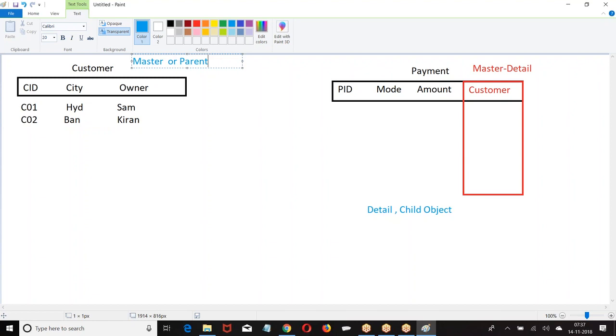Master detail field is a required field. You cannot create a child without a value in the master detail field. The object in which you have created a master detail field is called the detail object or a child object. The object to whose data the master detail field is referring is called the master object or a parent object. I hope you are good with this. Clear for everyone? Okay. Now, what will be stored in the master detail field?